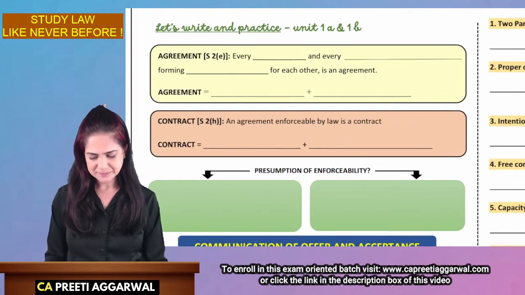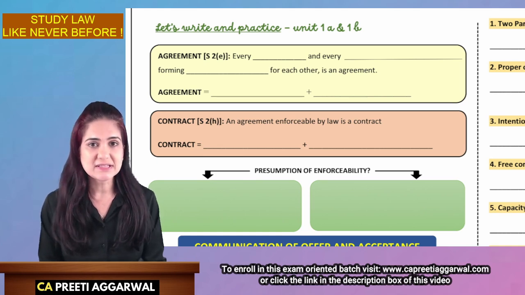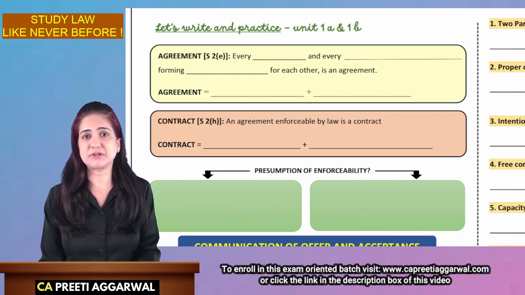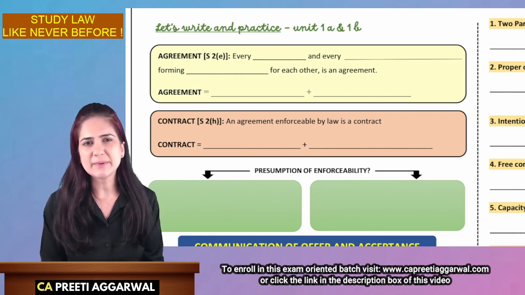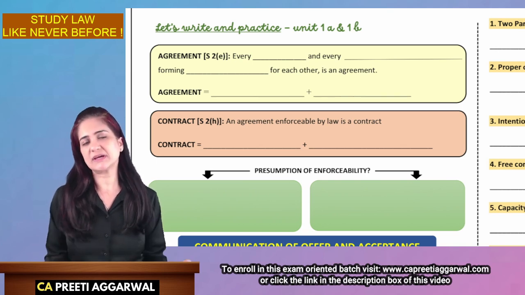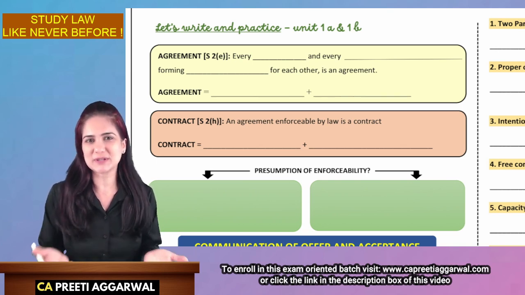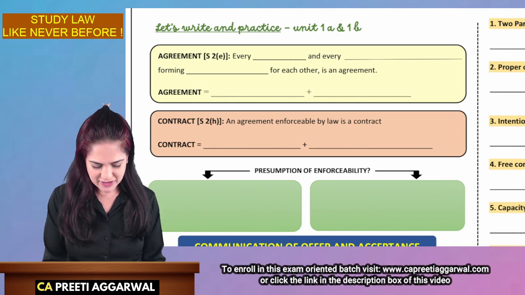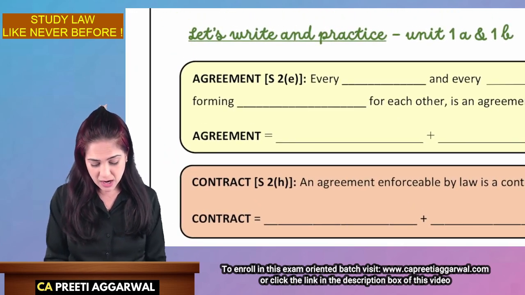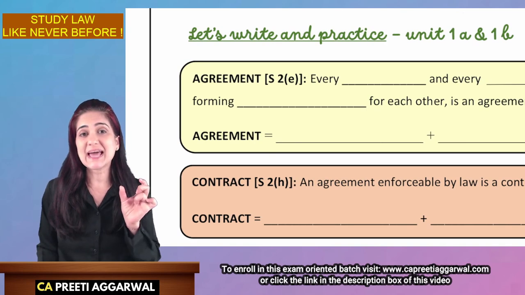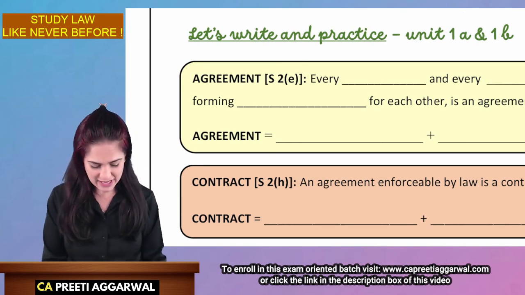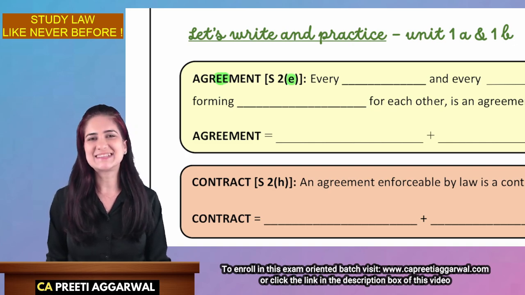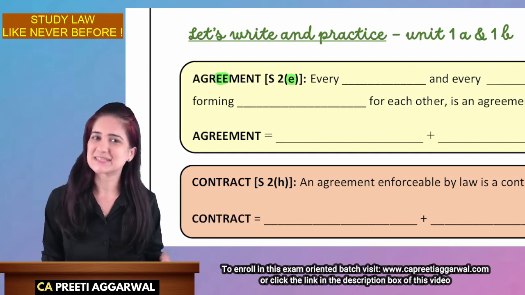Come on, tell me. Let us first revise the definition of agreement. Will this be asked in the exam? Are we supposed to write the definition of the word agreement? I don't think it will be asked in the exam. But since we are starting off with the chapter, you need to know the definition of the basic concepts at least. Yes. Agreement is defined under section 2 clause E. How to remember the section number? It's agreement. E. Yes, agreement. So this double E, that is why it is defined under clause E. This is how we will memorize it.